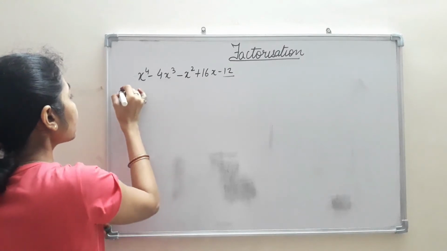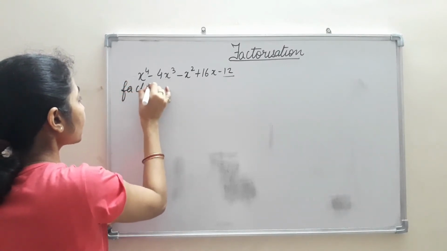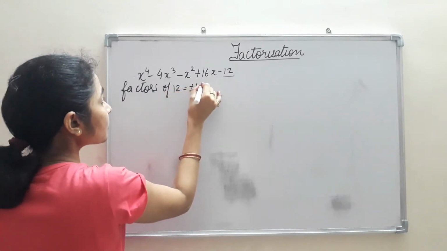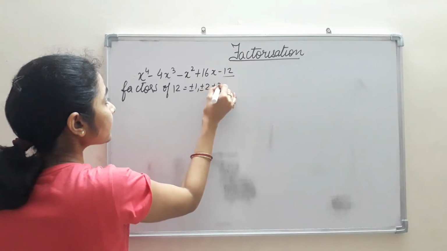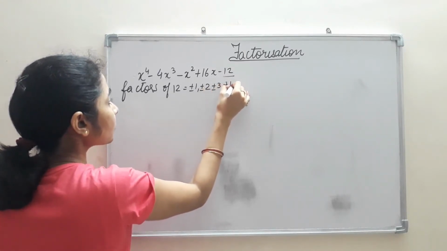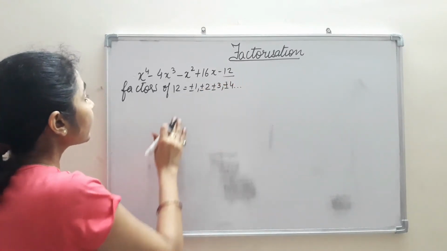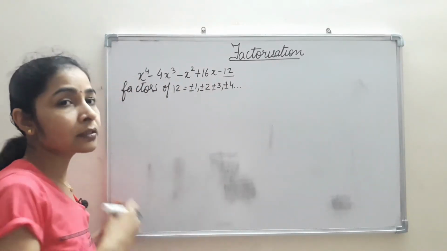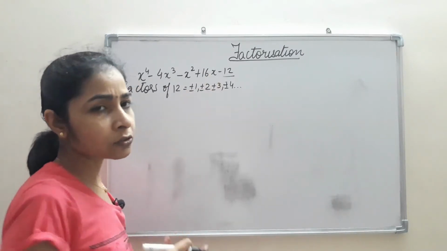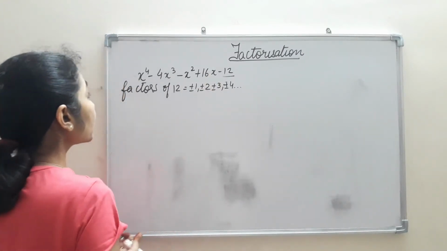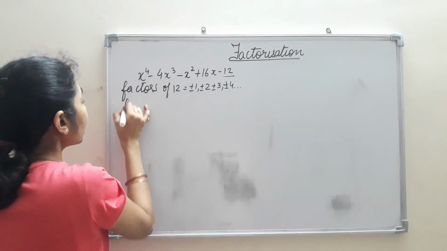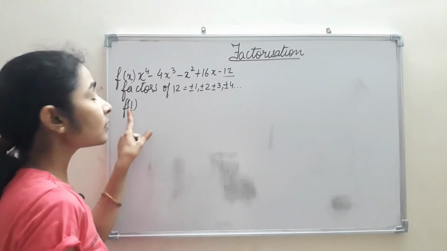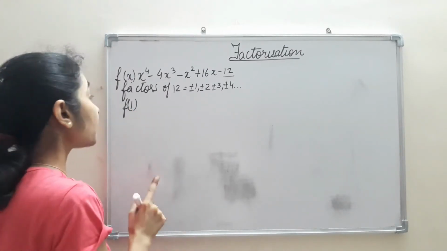So first, by trial and error method, we will just find out the factors of 12. So what are the factors of 12? Plus 1, minus 1, plus 2, minus 2, plus 3, minus 3, plus 4, minus 4, and like that it goes on. Okay, now in the previous question we had a big number 42, so we tried directly with 3, but here we are having 12, so we can start trying with 1. Okay, now starting with 1, f(1), this is our f(x), and we are trying with x minus 1 as the factor.